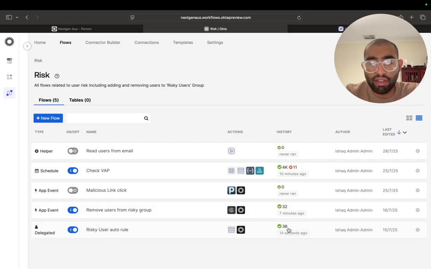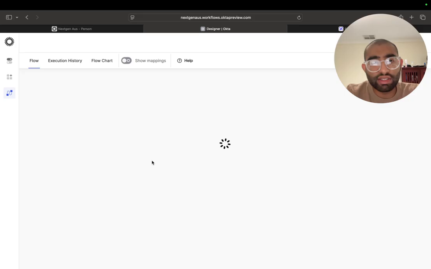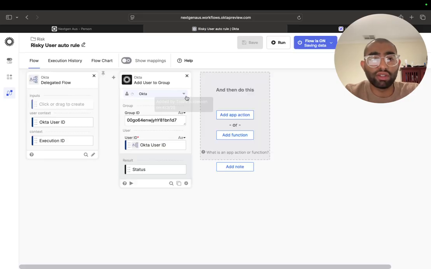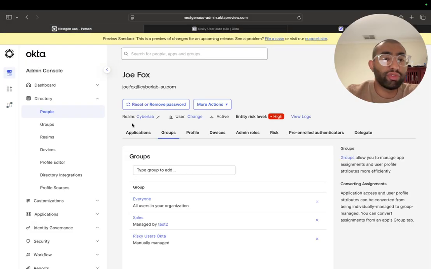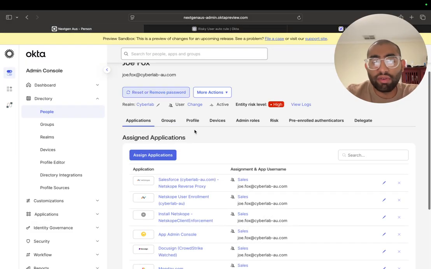So you can see it ran 14 seconds ago. And essentially what it does is it takes that user and it adds them to that risky users group. And I've pasted the risky users group ID over here. Now what I would like to do is remove this person from that group, because now that Joe is part